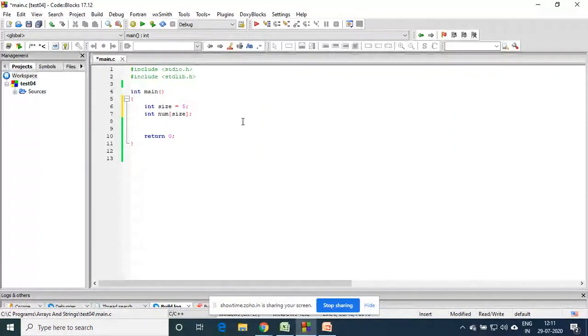So, as far as an array is concerned, memory has to be allocated at compile time. What does it mean? The array size has to be given so that the compiler comes to know how much provision is to be made, right? What is the provision to be made? It is like, if suppose some event is there.